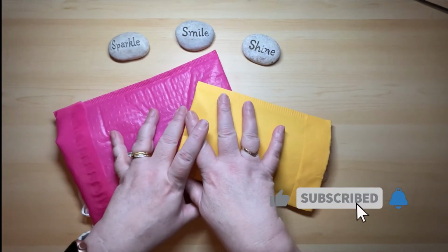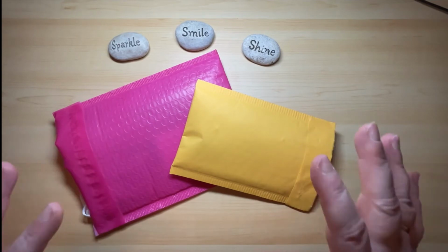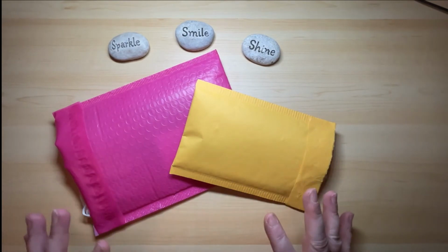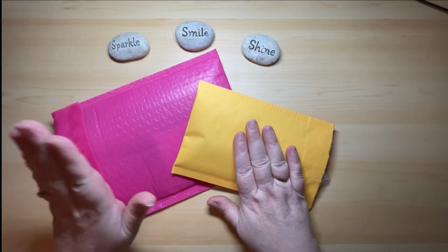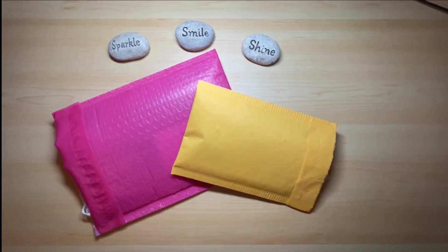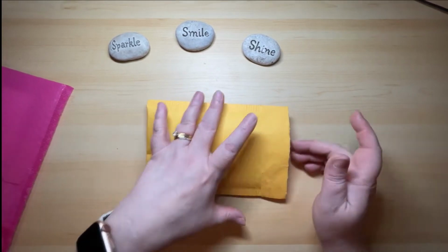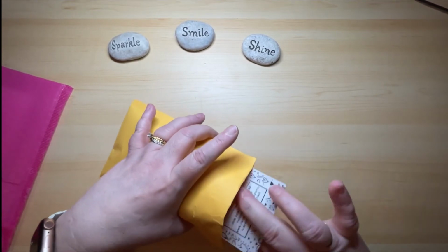Today I am going to be unboxing two things I purchased off of Etsy, and I am so excited to see these things out of their bag. I have been waiting for them. This one came first, and I waited a little bit longer for this one, and I wanted both of them to be here before I opened them. So I'm gonna actually start with this one here, and I'm just gonna take out